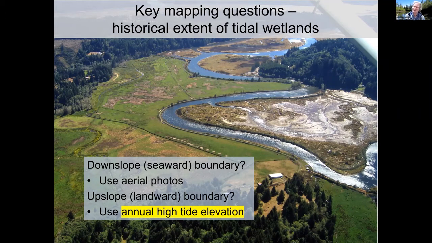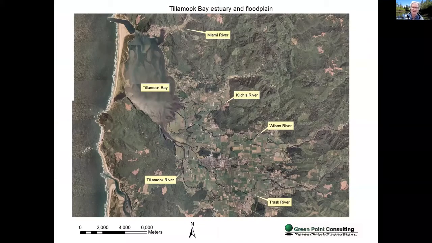But on the upslope side, it's really a question of modeling water levels. You need to look at the annual high tide elevation, because that's the definition of the boundary of the estuary from various regulatory and scientific sources. And so what we did was map that high tide line using LIDAR. I'll show you an example from the Tillamook